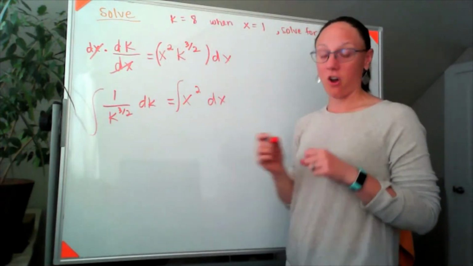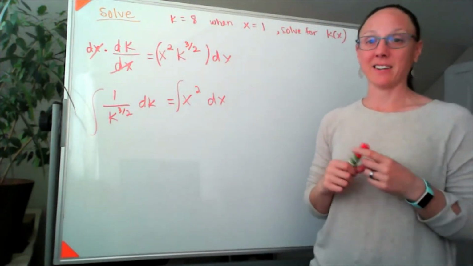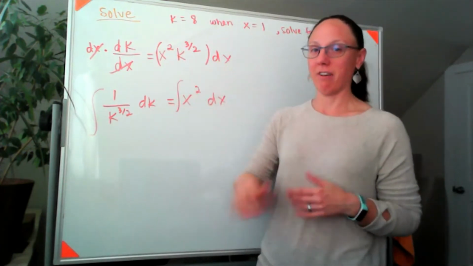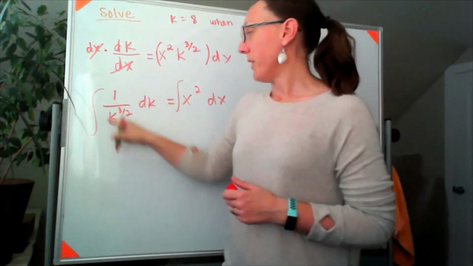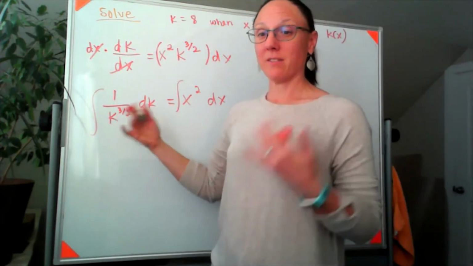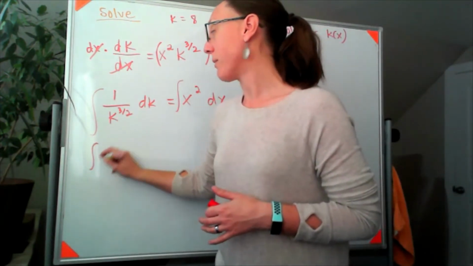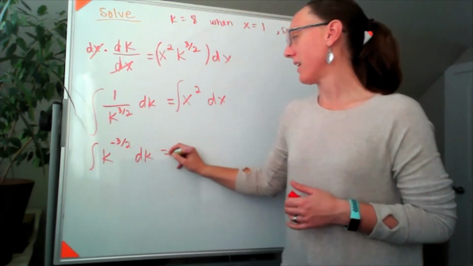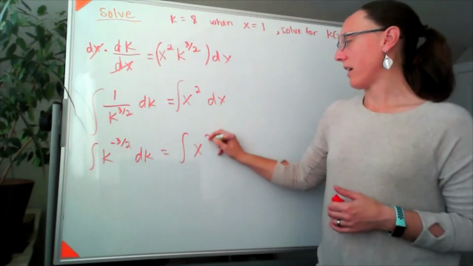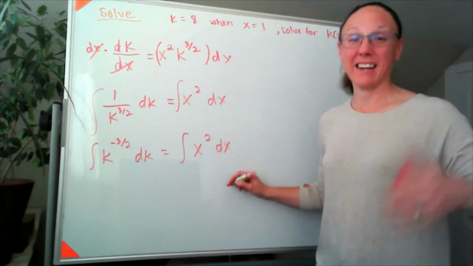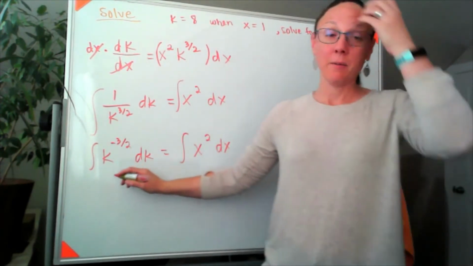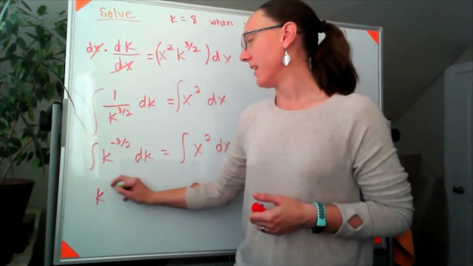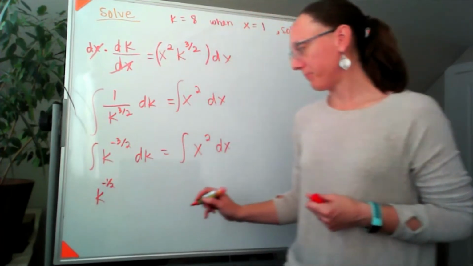Right-hand side is ready. On the left-hand side, I'd really like that to say k raised to a power so that I can add 1 to the exponent, divide by the new exponent. Because that k to the 3/2 is in the denominator, I'll go ahead and rewrite that to say k to the negative 3/2 dk. And over here, I've got that x squared dx. Now I'm ready to integrate both sides. On the left-hand side, when I add 1 to the exponent, I'll be at k to the negative 1/2